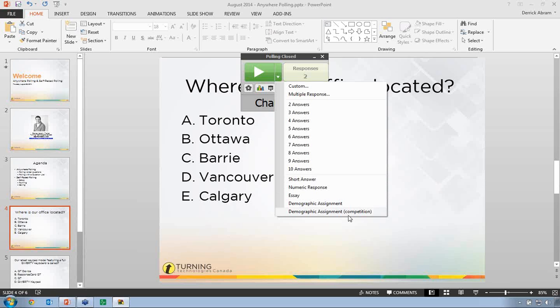So for the most part, the same functionality that we see within PowerPoint polling is available through our Anywhere Polling option. There's a few restrictions like comparative links and things like that, but other than that, pretty much the functionality is all the same right here.